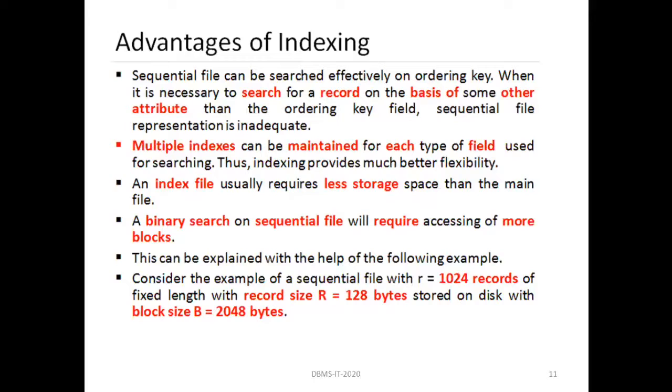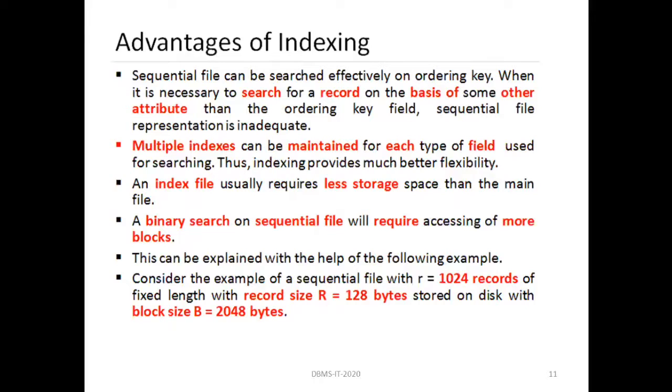It may be on any other data or record. So it is not necessary that the main file is always a sequential file. In that case, searching using logarithmic time is not efficient.